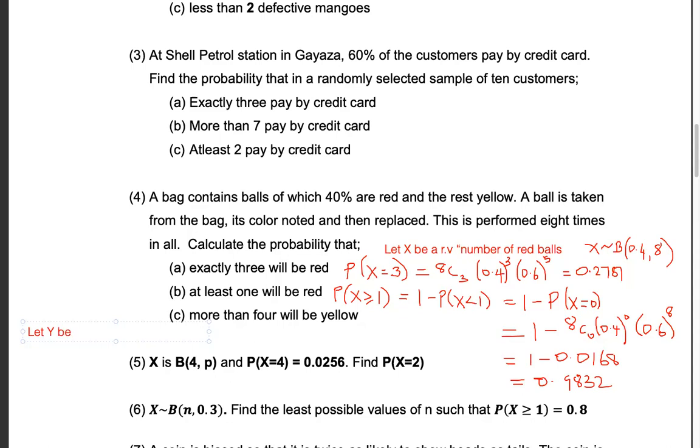So we can use another letter. We can say let Y be a random variable, the number of yellow balls. So in this case, your Y is going to be the variable in question. So you can say Y is following a binomial. Your P now is going to be 0.6. The N doesn't change. It is the P which changes. So the question was clear. They wanted you to find